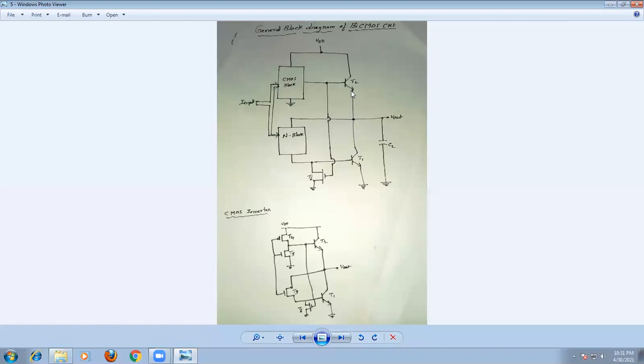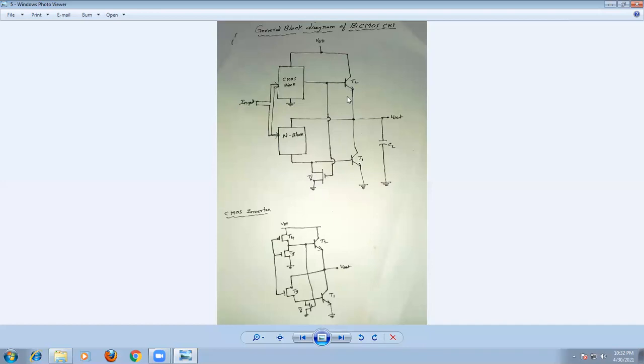The emitter of transistor T2 is connected to the collector of transistor T1, and we connect the joint here. The top of the N block will be connected to the output terminal. We are taking the output from here, and we have base drive. When transistor T2 is off and T1 is off, we require the base drive to discharge the base of the transistor. This is the function of the transistor T6 here. It can be driven from the base of transistor T2 connected here.